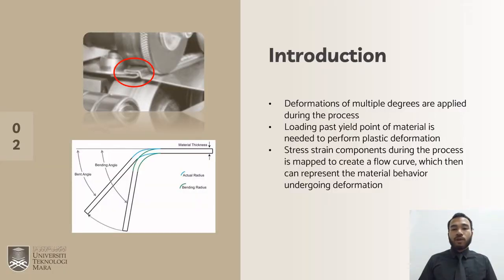In the roll forming process, the sheet experiences multiple degrees of deformation. The deformations are usually experienced when the sheet comes through the rollers. So, how can the sheet be deformed? This is mainly due to the loading being applied to the sheet. As we all know, every metal and material has its own yield point. So basically, loading beyond the yield point of a certain material or metal will result in the plastic deformation, which